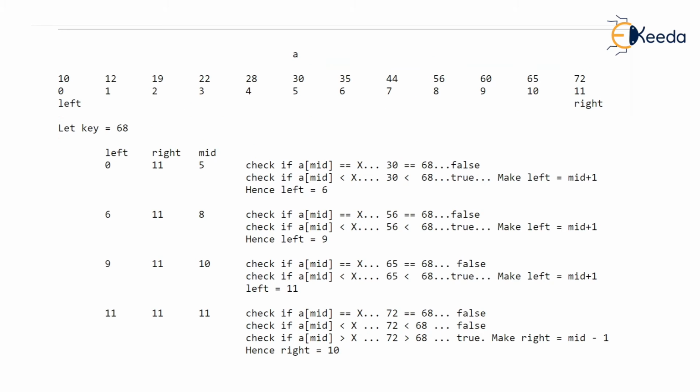Let's see very fast. How do you search x equal to, or key equal to, 68? Left is 0, right is 11, mid is 5. Let's go to this midpoint and check: is it 68? No. Then ask, is mid less than 68? Yes. That means the key we are searching is larger than the value at the mid, so the key must be to the right. So we are going to change left. Left will become mid plus 1. Left will become 6. For new left and right, 6 and 11, find out the new mid, which is going to be 8.